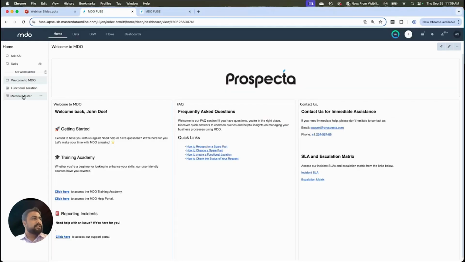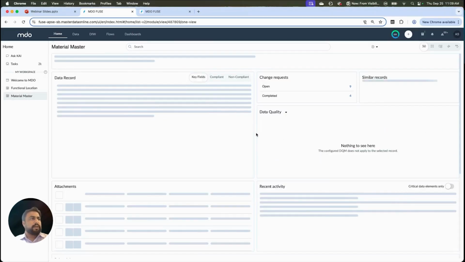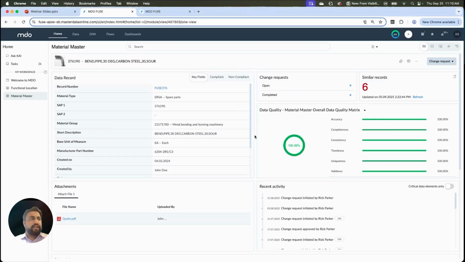So for this particular session, I'll be working with the Material Master, where we have OneView configured, displaying all the information for a specific record. Now, to start with, this is the landing page for every record. There's a search bar available where you can search for a specific record by PIDs or linked references for other external systems as well. All of those fields can be utilized for searching any record on this particular page.